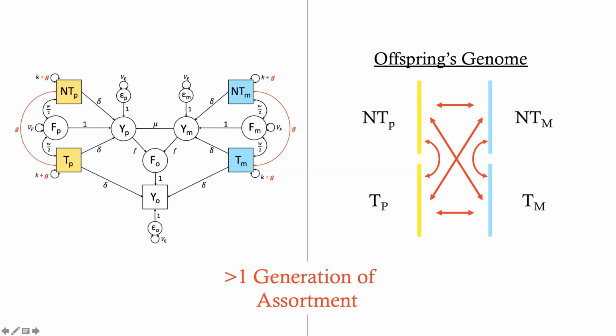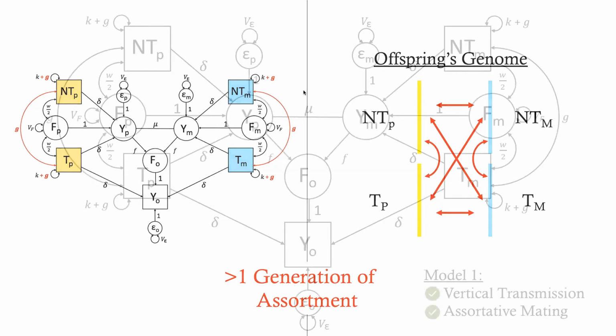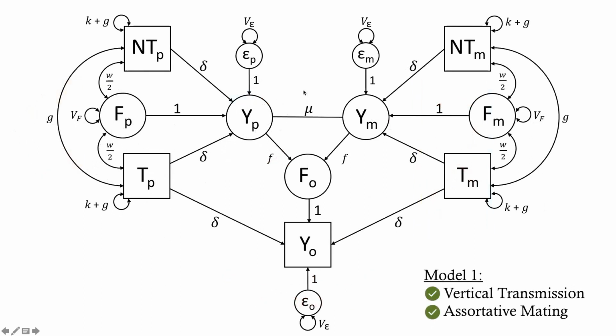So this model here on the left is what we've called model 1. And again, it accounts for assortment by just allowing for all these different additional relationships within and between persons through the addition of the copath and these G covariance terms. And as you might imagine, adding in all these new relationships does come with some added complexity.